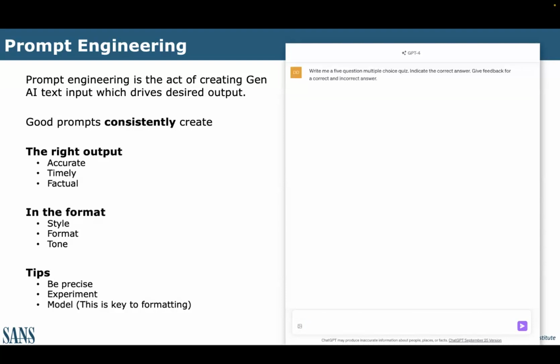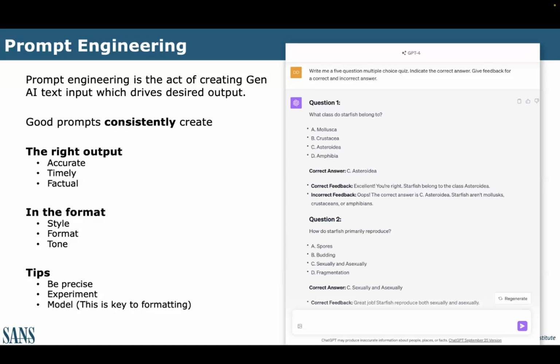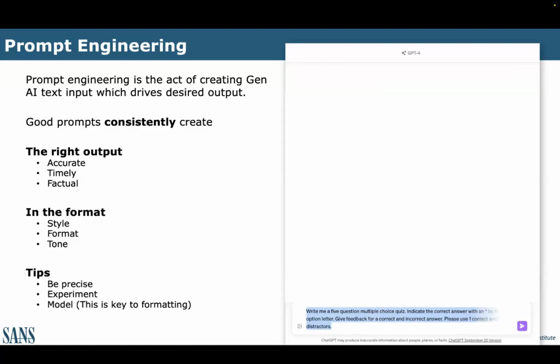They're going to do their best, I could say, not that they have intentionality. But in this case, I'm taking away some of its creativity, and now we have, indeed, a correct answer C, correct answer C. We have feedback for both correct and incorrect answers. I'm getting it dialed in. I'm going to take one more whack at it, and this time I'm going to say, "write me a 5-question multiple choice quiz, indicate the correct answer with a star by the option letter.